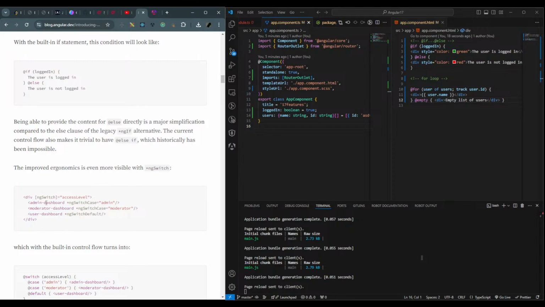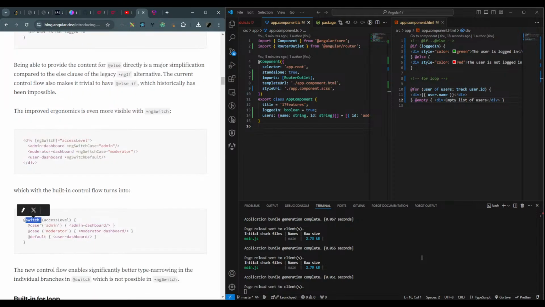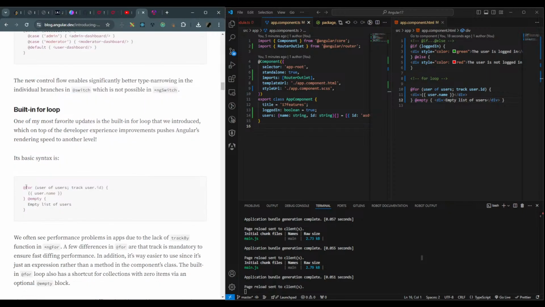And if we go for ng switch, we can go with @switch, @case, and the respective default case, which needs to be rendered when we are using switch. And for it is like @for, and if it is like empty users, then we are going to display with the @empty directive in the template. So these are the control flows which are typically introduced in Angular 17,